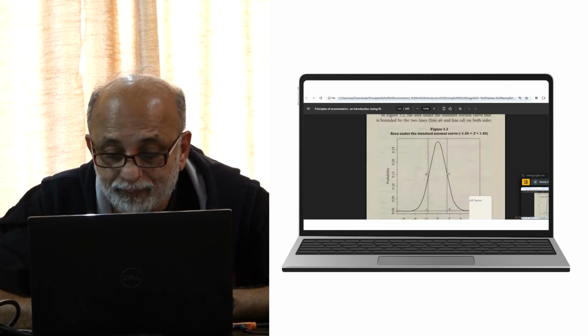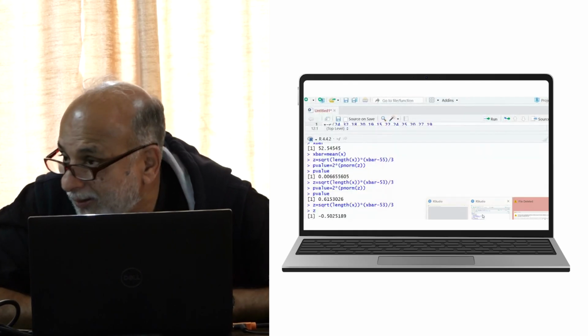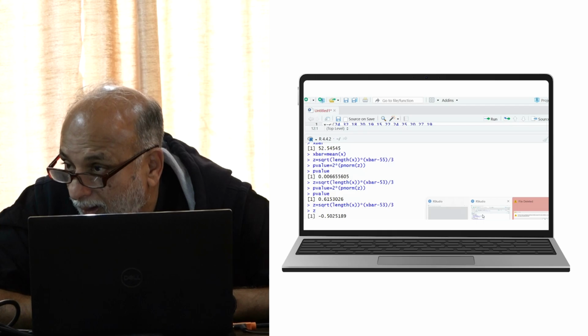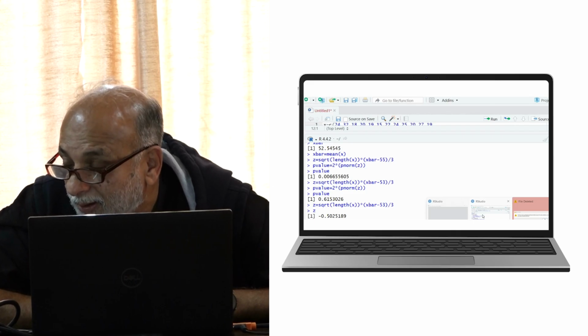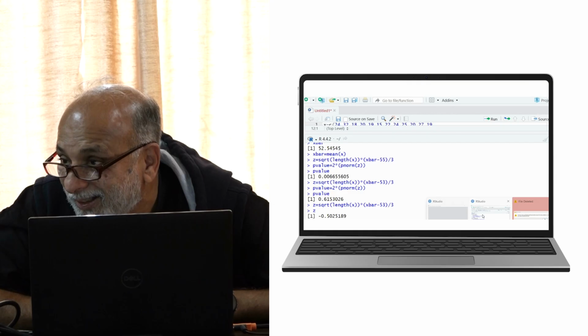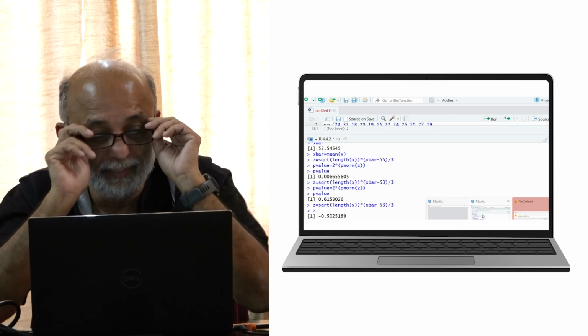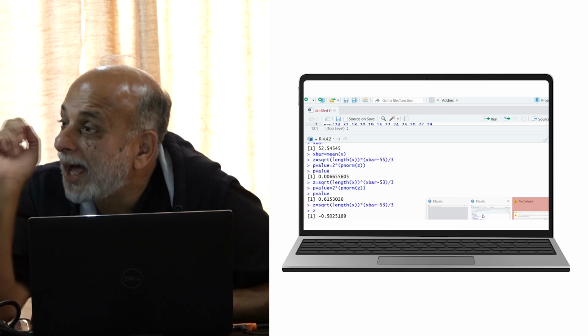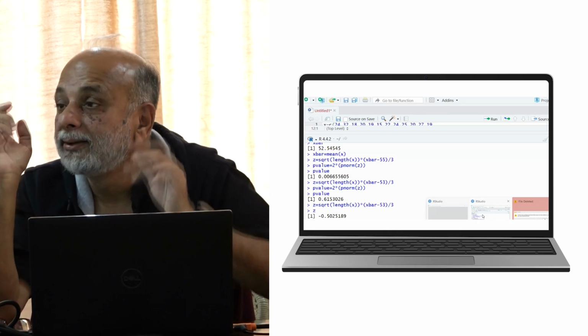Okay, so now the next important point, right? Basically, the important point is, remember, the larger the n, the greater is going to be